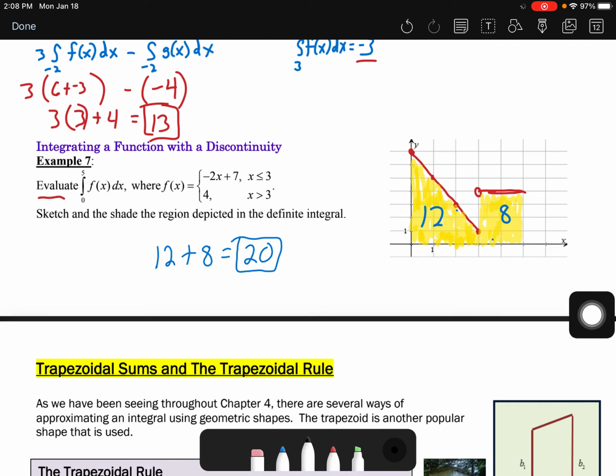Okay, so that's all I'm going to do in this video. We'll finish up with the trapezoidal rule in the last